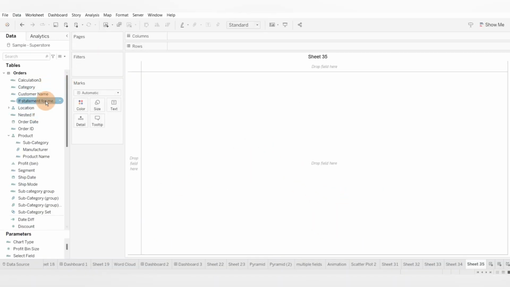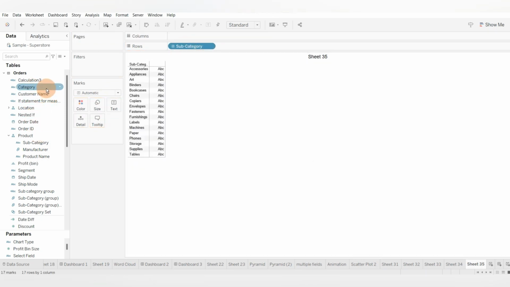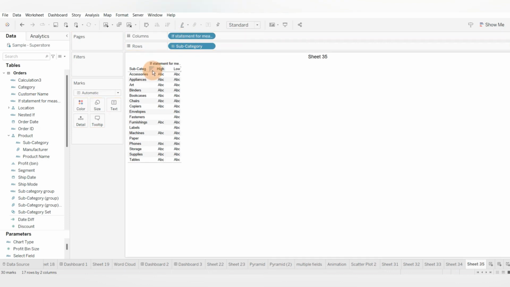I will click on OK here. So let's see it in our view. For that, I will drag my subcategory into rows and the calculated field which I have just created into columns. So in my calculated field, I will have two values, high and low.